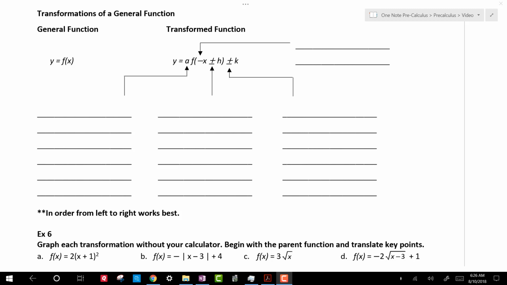Okay, so here we are to finish up on transforming functions. As we were talking about in the previous video, the a value, we have the negative that can go outside with a or inside with x. We have the h, which moves us left and right, and the k, which moves us up and down. So I'm just going to start in the front with the a value here, and the first thing we saw is that the a value can reflect